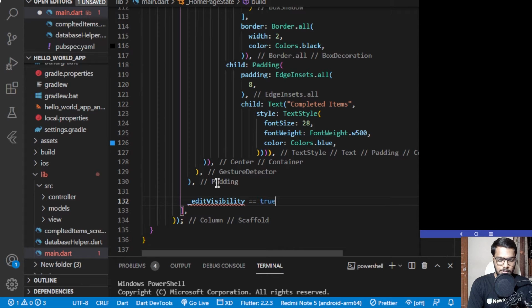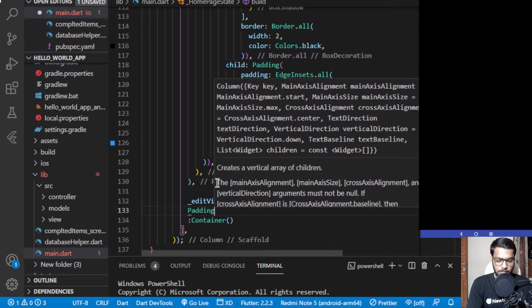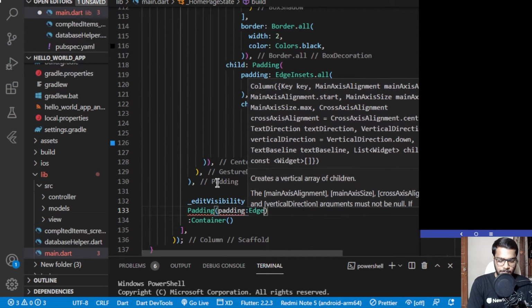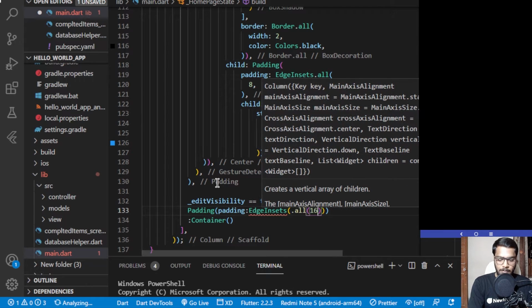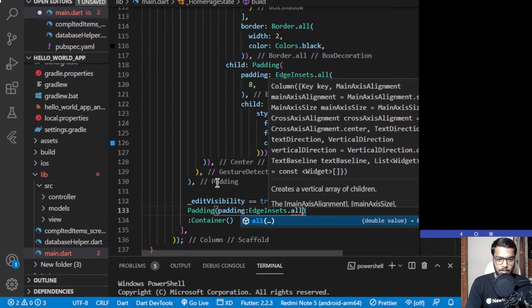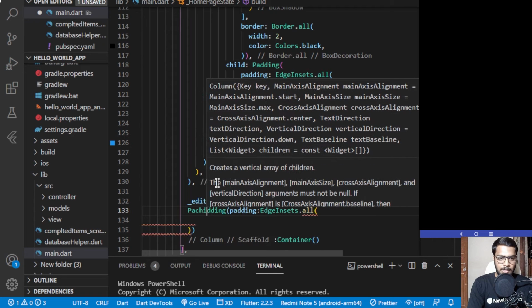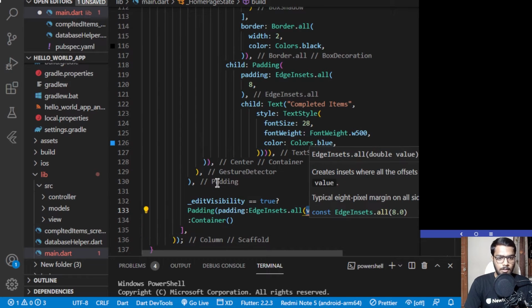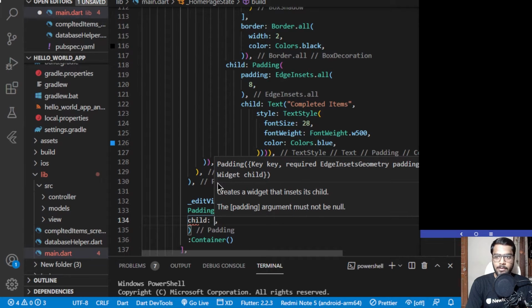So if the value of this is set to true, then we'll be displaying a padding, else we'll be displaying an empty container. So let's add the padding over here. Padding takes EdgeInsets.all with the value of 16, and for the child it will be having a text field,